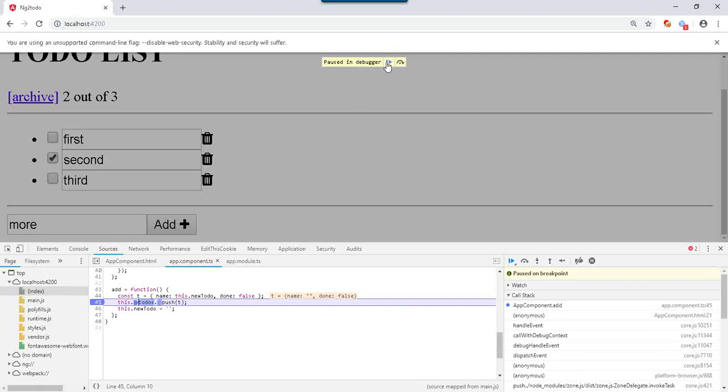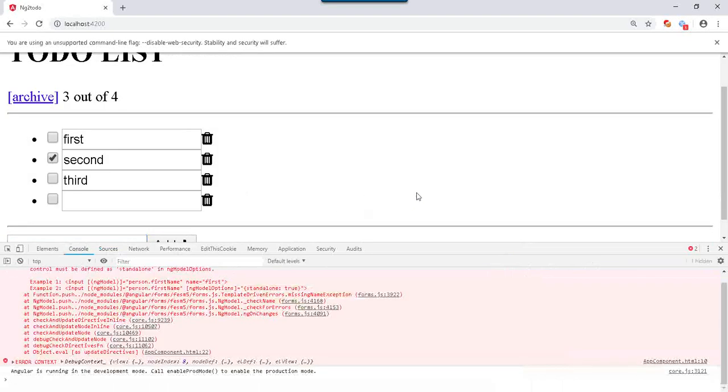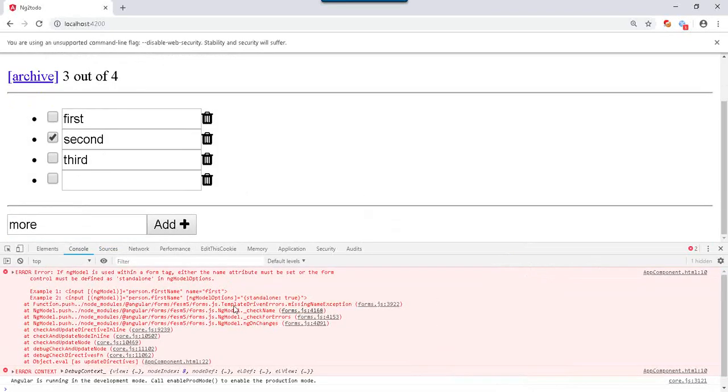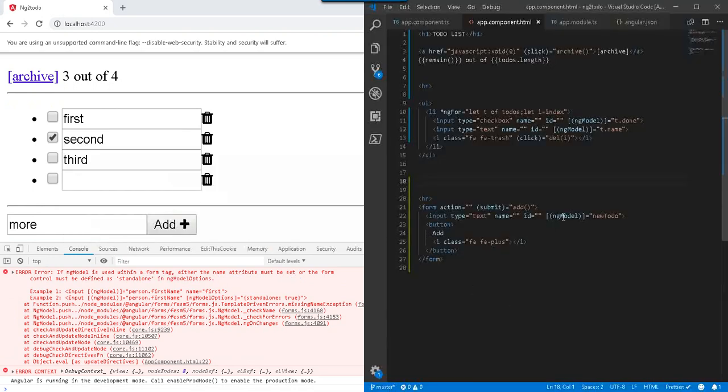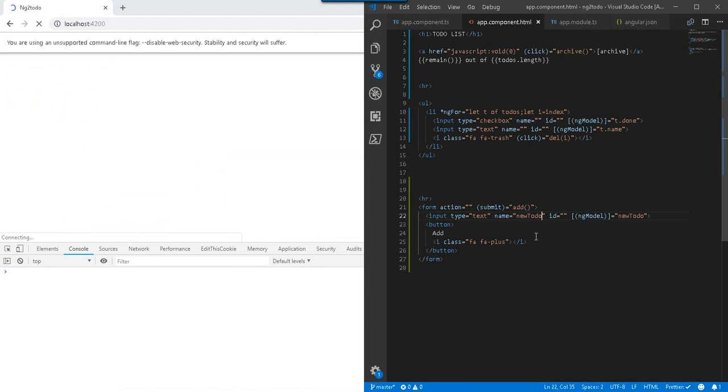Still empty. Interesting. Now on the console, we see an error message, and it says, if ngModel is used within a form tag, the name attribute must be set. And so the error messages we're getting with Angular and with the Angular CLI are fantastic here. So it's telling me that I never set the name attribute. Okay, fair enough. We can go ahead and set a name attribute. So I put that in,